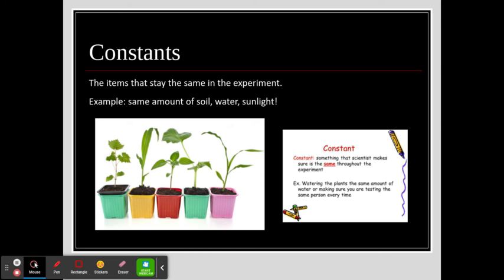If you're looking at a plant and you want to see if, in fact, color of light is going to influence how much they grow, all of those plants that you're going to put into the different colored light, whether it's white light, black light, purple light, green light, red light, whatever it may be, they all have to be the